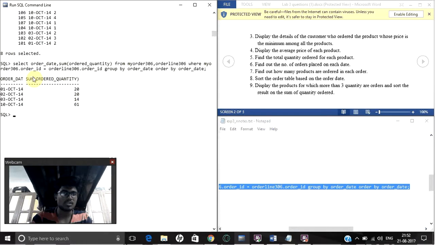So here it's all 20, 14 and 61. That's why 3 is a small number, so that's it. Then if I give as 20, then you can see the changes in that. Then